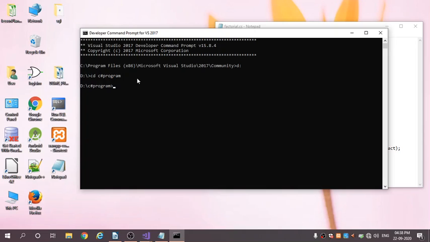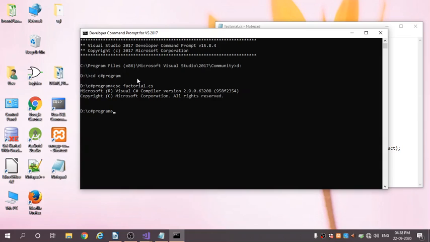Now you have to compile your program. For compiling you have to type csc space file name, factorial dot file extension dot cs, and enter. The program will be compiled.